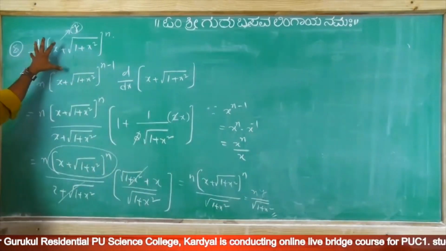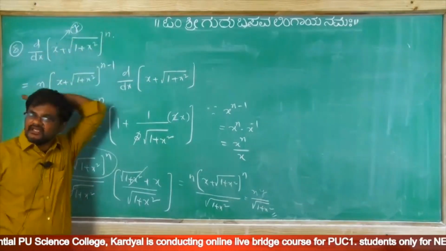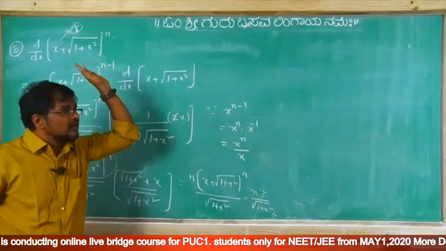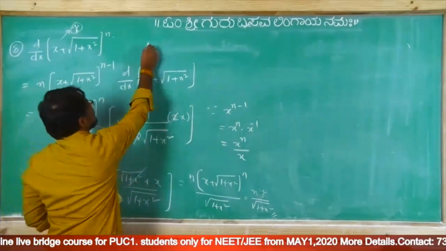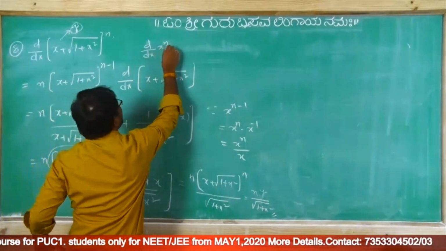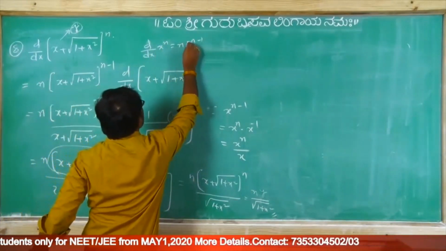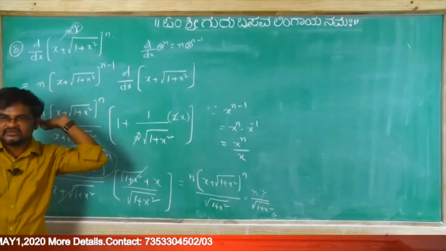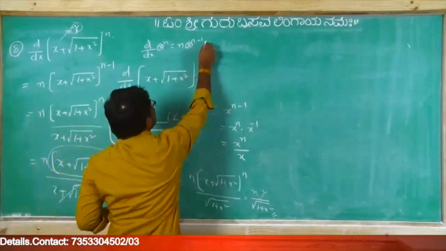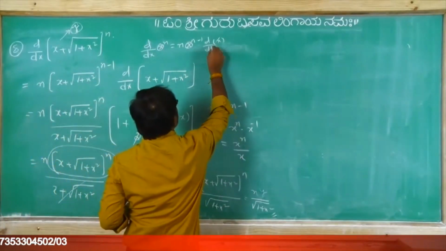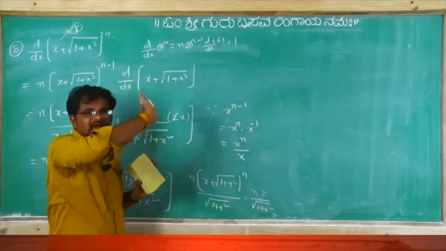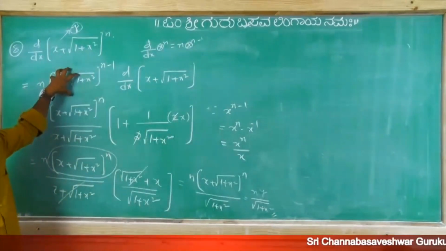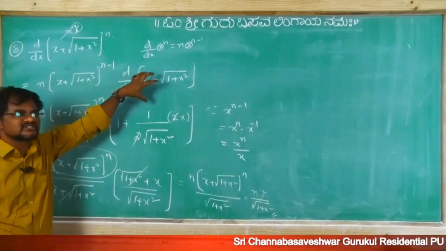First, it is in the form of what? The x to the power of n formula. Now this total base, what am I taking? x I am taking. So what is the differentiation of x power n? d by dx of x power n equals n into x power n minus 1. In place of x this total base is there, so n into x power n minus 1. Again we have to do the differentiation for x, but here only x is there, so this gets cancelled, and that's why you are getting 1. So that's why you are not writing this point. But here this is not x, other than x is there, which means we have to do the differentiation definitely.